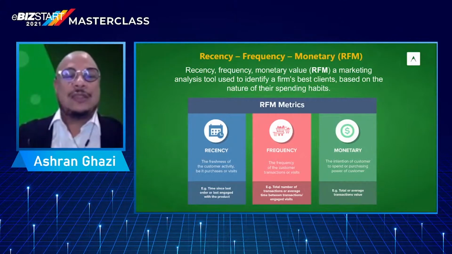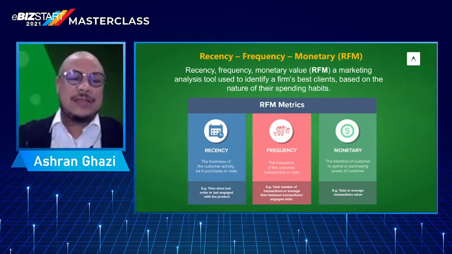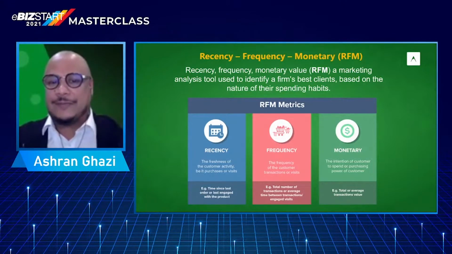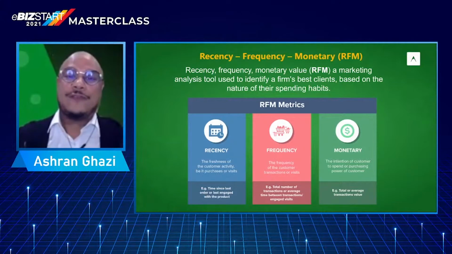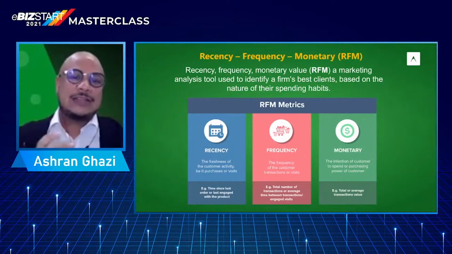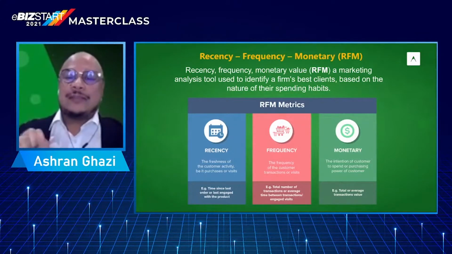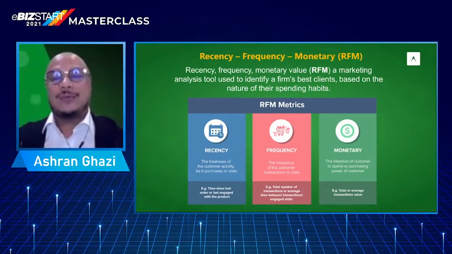Recency data essentially talks about the freshness of things, how recent, as the name says: the time since last order, or last engagement with the product. That's what recency essentially means. Frequency, as per the name again, talks about how frequently your customers buy back from you. Do they buy every month, every other month, every 6 months, every quarter, whatever that may be? These insights can actually be very meaningful. Monetary is the dollar value: what's the average transactional value that your customers are spending with you?